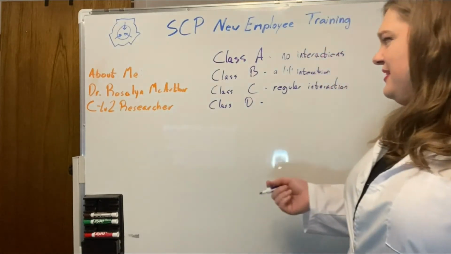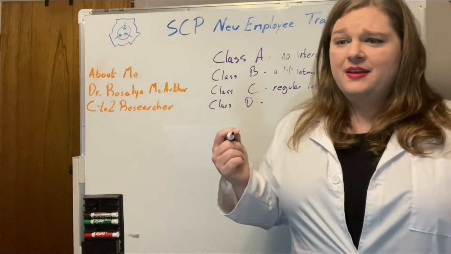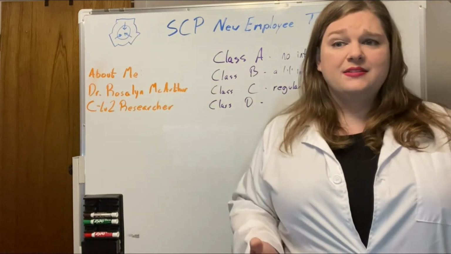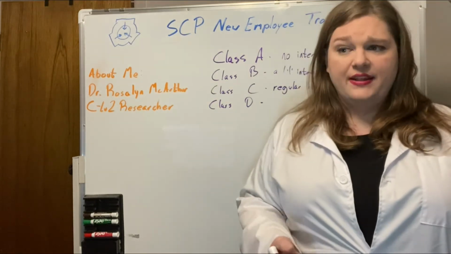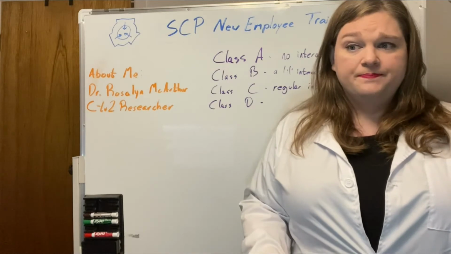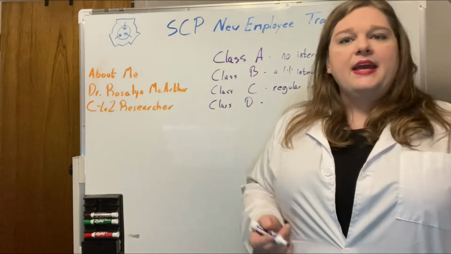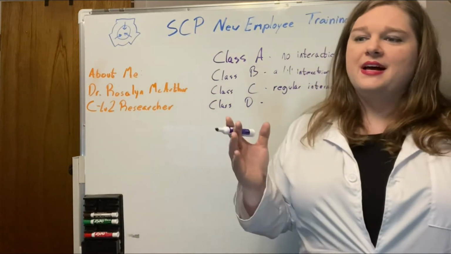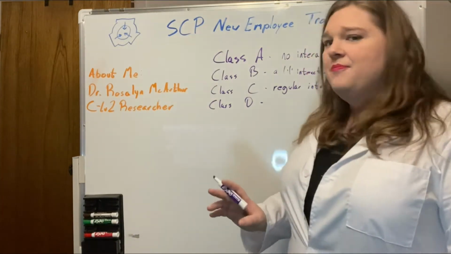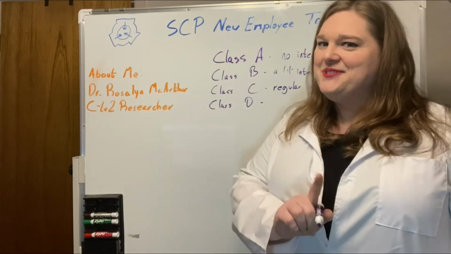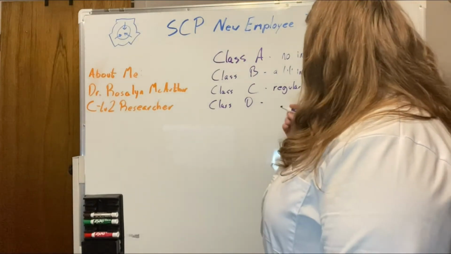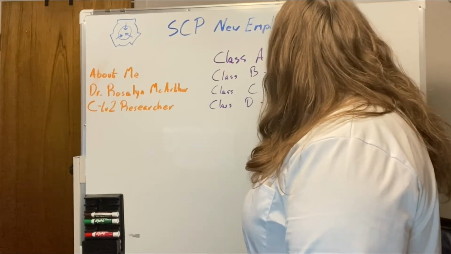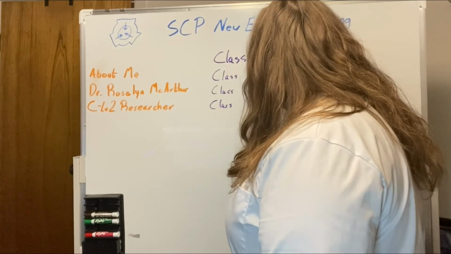They handle the dangerous and hazardous anomalies. They're typically drawn from a worldwide pool of prison inmates, usually those who have been convicted of violent crimes and are sitting on death row. There have been occasions where staff members are demoted to Class D, but that's very, very rare. Unless you fall asleep in one of my lectures. Just kidding. Probably. So these are our test subjects.